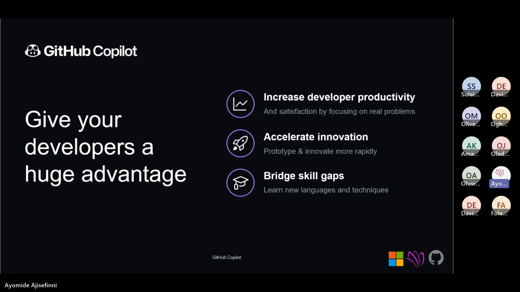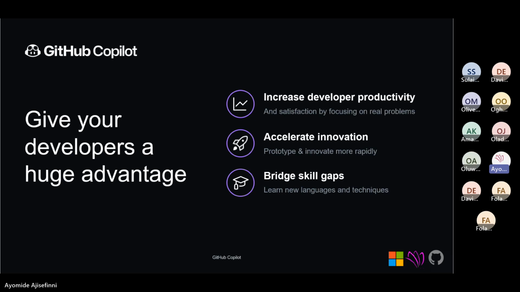Okay, so basically GitHub Copilot. Everyone has been hearing about GitHub Copilot. I mean, everyone has been hearing about ChatGPT, and Microsoft just made the partnership with OpenAI, and we have been doing so much to make sure that we're able to get that advantage, because everyone has been seeking to understand, where can I really implement this, how can I really get this to feature in what I am doing. So Microsoft tried as much as possible to make sure that they're able to implement it in every one of